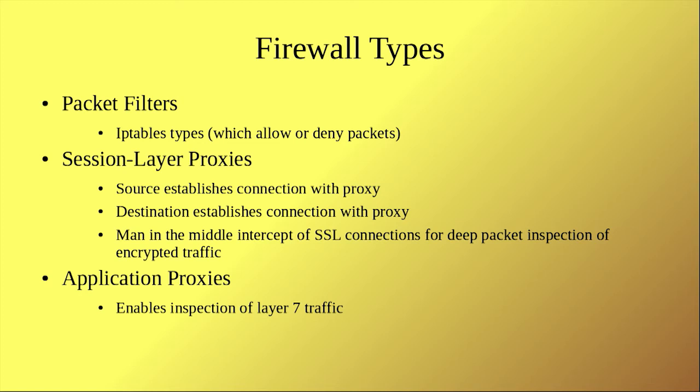Essentially, instead of a source connecting to a destination on the internet straight through the routers, the proxy sits in the middle, like a man in the middle. The connection comes to this proxy, then the proxy redirects the connection to the destination. So, the source establishes a connection with the proxy, and the destination establishes a connection with the proxy, and then